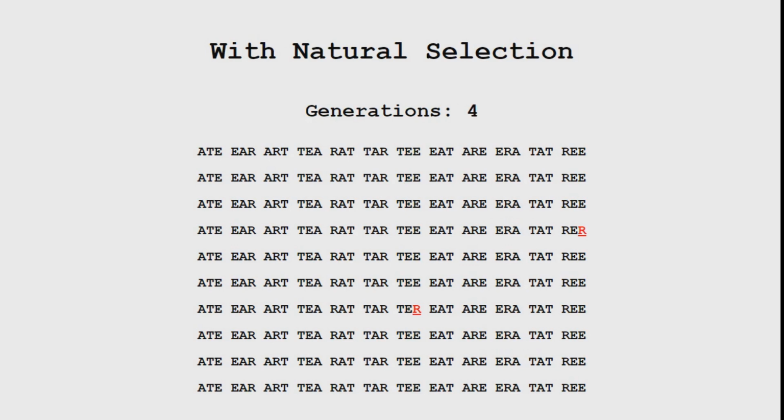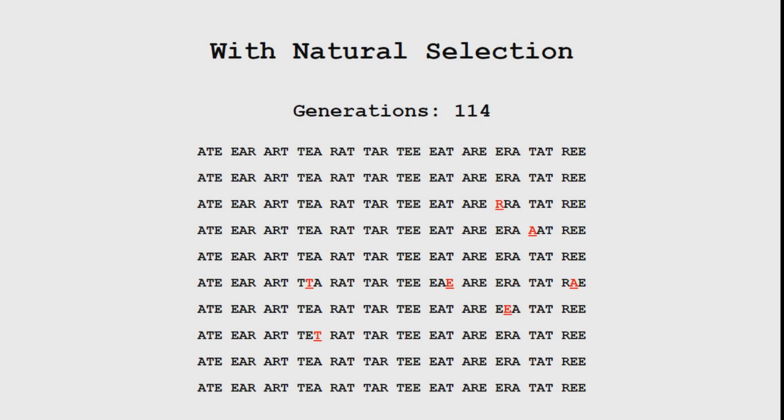Now, if you're having a hard time following along, we can get to the simulation to help illustrate what I'm talking about. Let's take a look. When the simulation starts, you can see a model gene pool of 10 sentences composed of 4-letter words representing 10 copies of a protein. Similar to nucleotides, there are only 4 available letters, A, E, R, and T. And each of these can mutate from one to the other and back again.